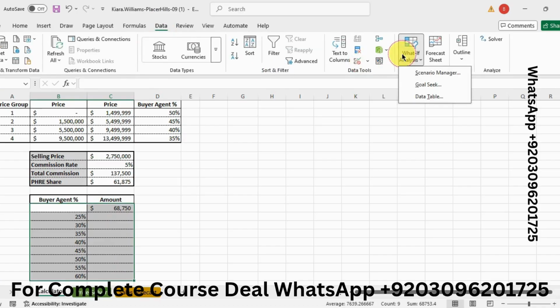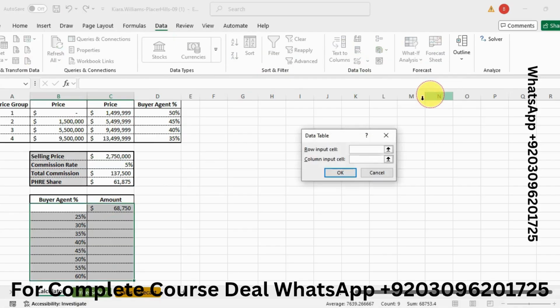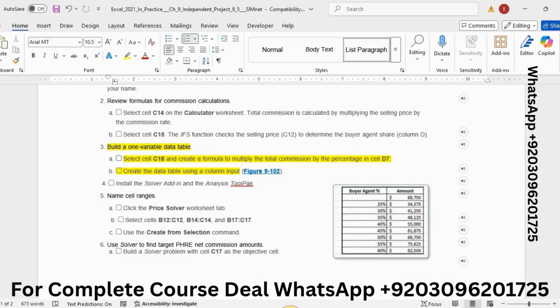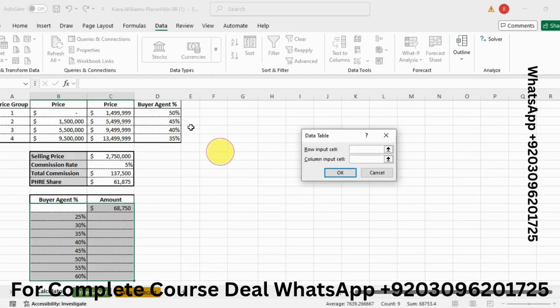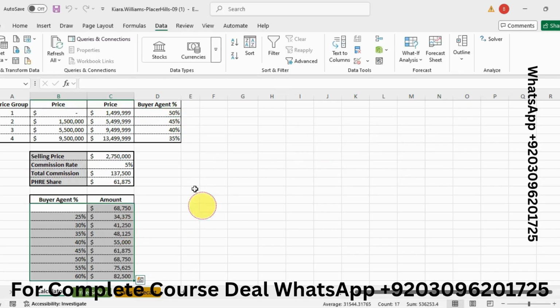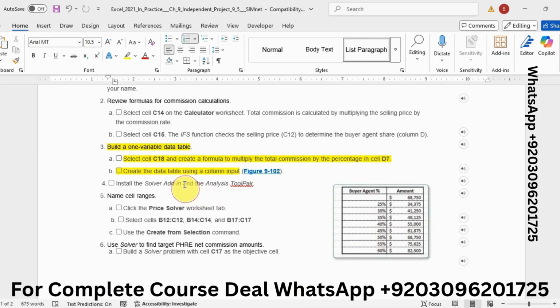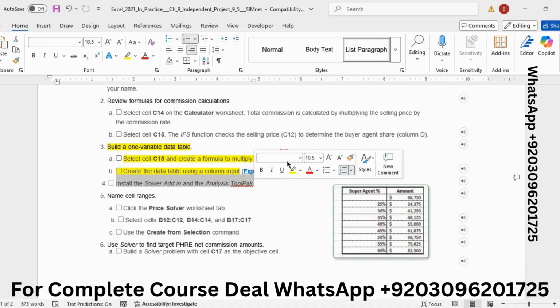In the What-If Analysis tool, click on Data Table, and in column input, click on cell D7 and then click on OK. So I got the values using the data table. So step number 3 is completed, and step number 4 is install the Solver add-in and the Analysis ToolPak.